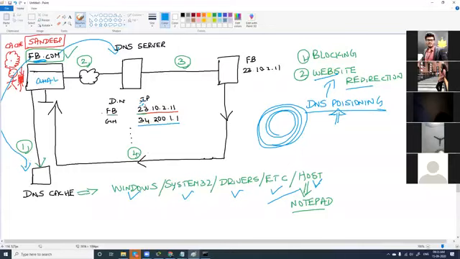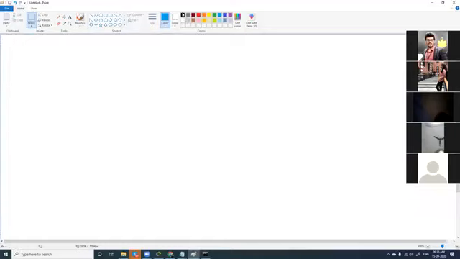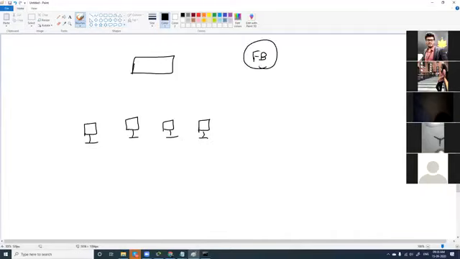How to block a website in a network. In case you want this to be done in a network, say your network has 50 computers here, and you want to block Facebook, anyone from accessing Facebook. You can either configure it here in your Wi-Fi modem.